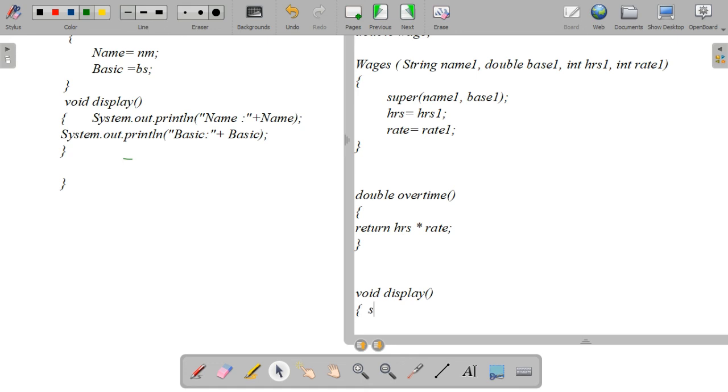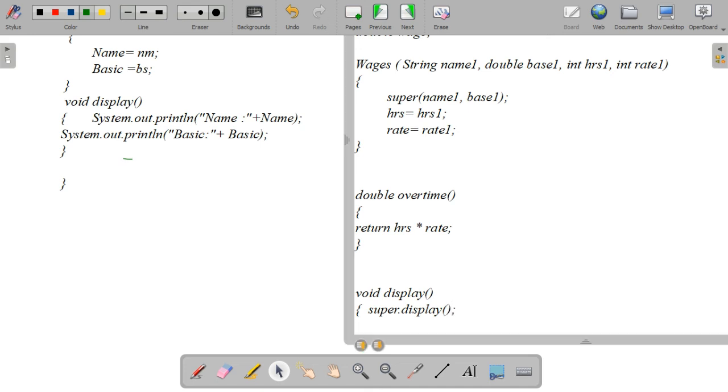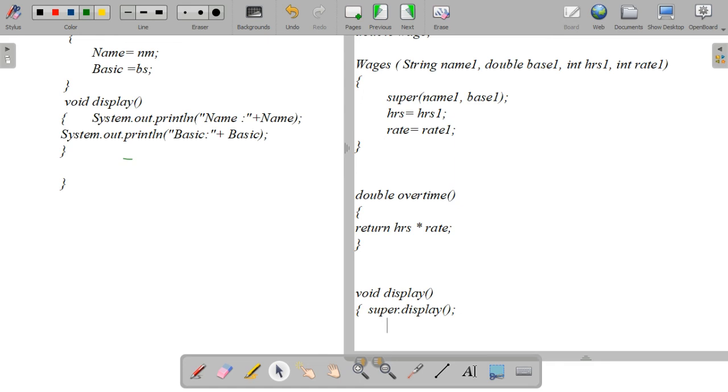So how will we write that overridden method? You know how we access the overridden method using the super keyword. So open the braces, then first you have to write the super keyword. Super dot display of, that means it is representing the overridden method of the superclass display method. After that you have to write the wage we are calculating. How will we calculate the wage?